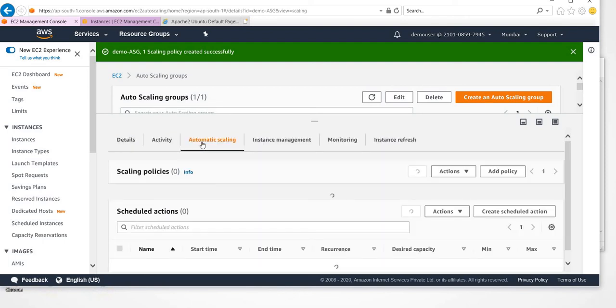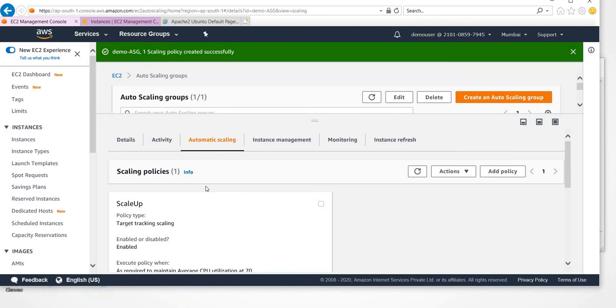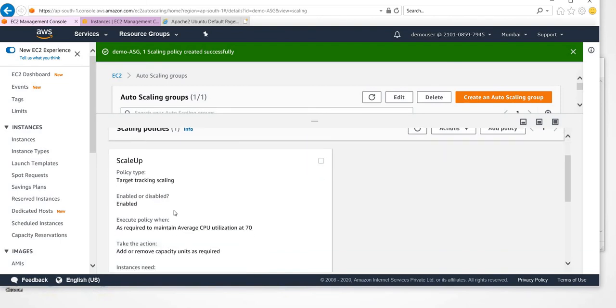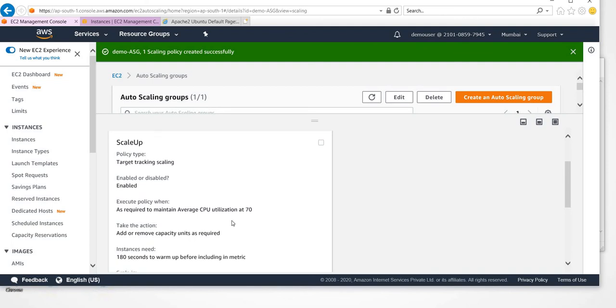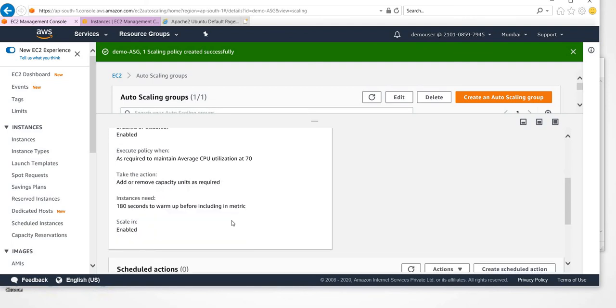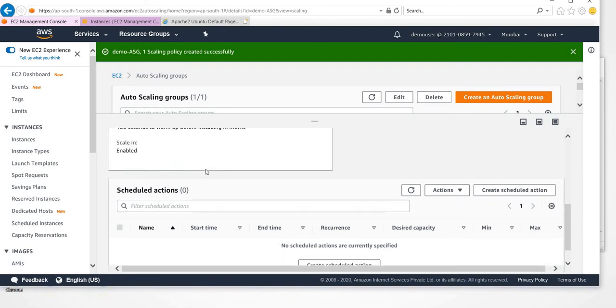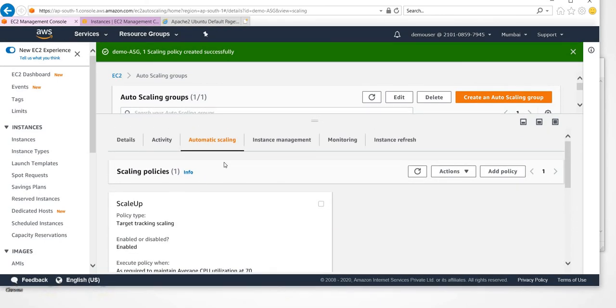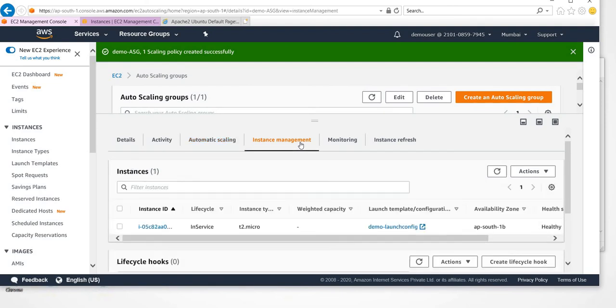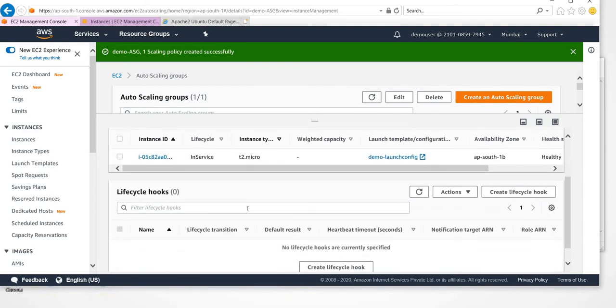Now we can go to the third tab, which is auto scaling policy. This is the scale up only we have configured, which is CPU utilization. If it is greater than the threshold, then it will create instances, with the instance type and all those things which we have configured. Like this we can configure the scale down as well, like if the CPU utilization goes less than 30 percent, you can go and remove a couple of instances, right? Whatever the desired number which we have given, based on that it will go and terminate the instances.